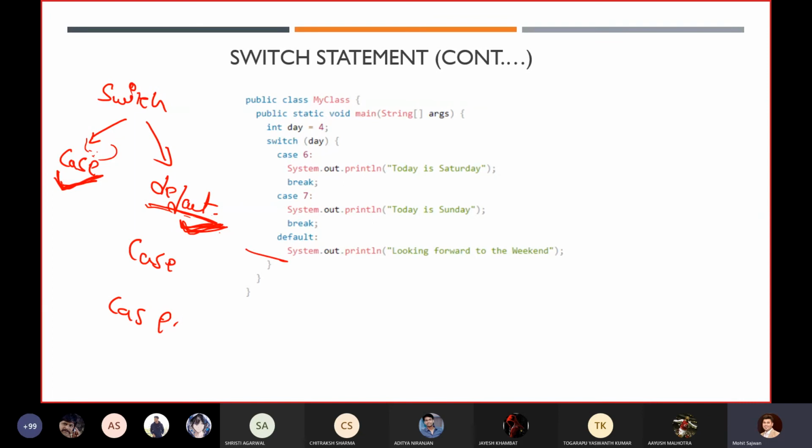Okay, always remember, if we haven't written a break statement, then in that scenario, whatever case is satisfying the condition, whatever cases are below that particular satisfying case, all those statements get printed. Always keep this in your mind. All the statements after the case that satisfies the condition will be printed. This is in simple language, if I explain this concept. Got the point?